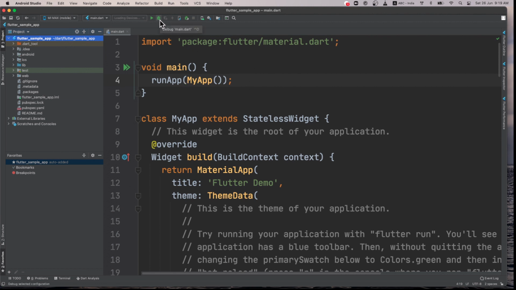After that you see a small bug. This bug sign is for debugging your application. I will explain later why you need to debug your application. Okay, then this is for if you want to connect to a Flutter application which is already running on the phone, so that you can debug it, and this is for any Android application you want to connect with. This one is the AVD manager, for managing your virtual device like a simulator or emulator, mainly for the Android side. This is the SDK manager.